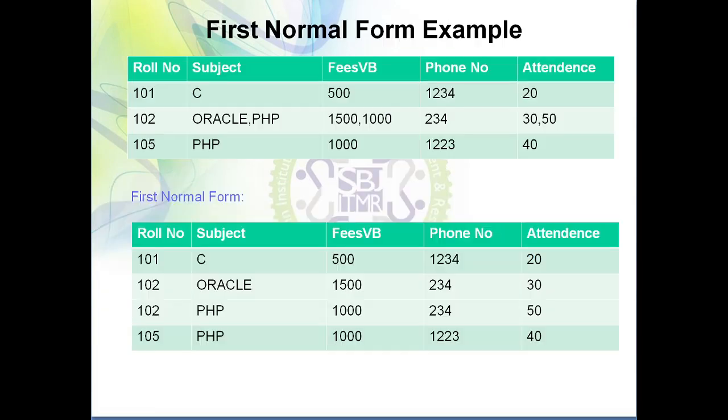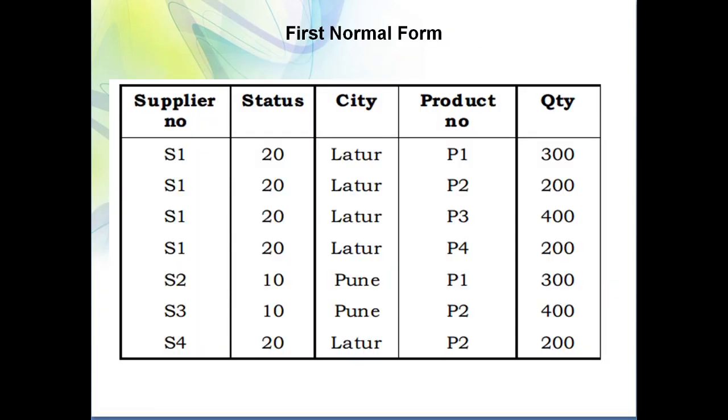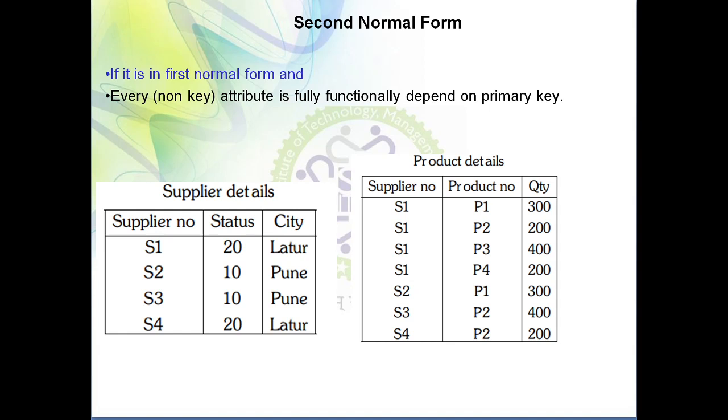Now come back to our same example. What I told you is that this table is in first normal form, but it faces a lot of issues. So that problem we overcome in second normal form. What are the conditions for second normal form? The first condition is that it should be in first normal form. You need to keep in mind that when we are discussing the next normal form, it should satisfy the condition for the previous normal form.